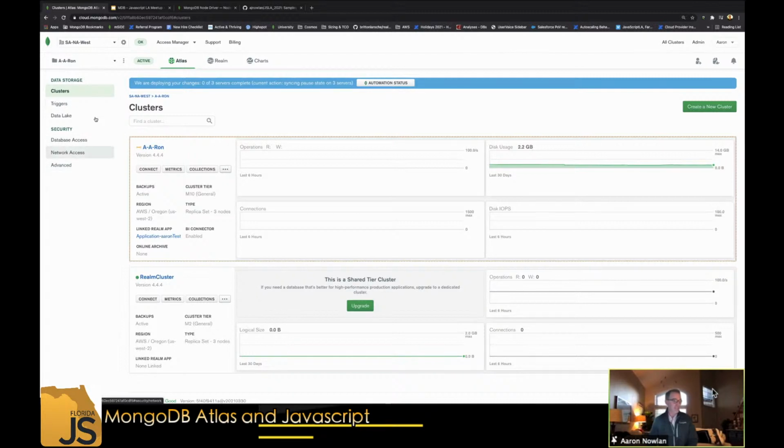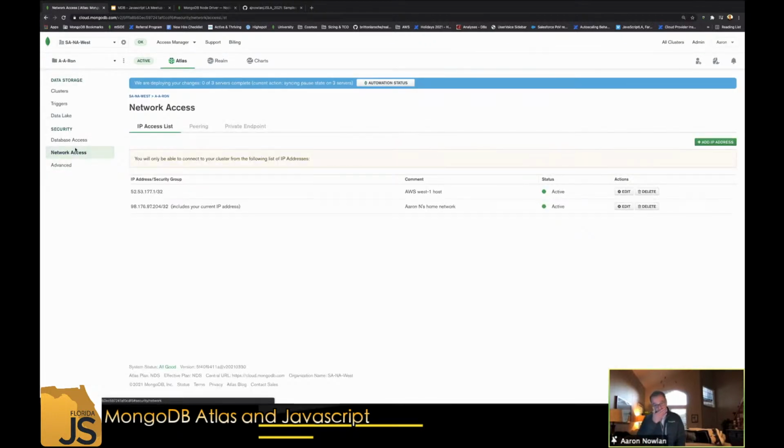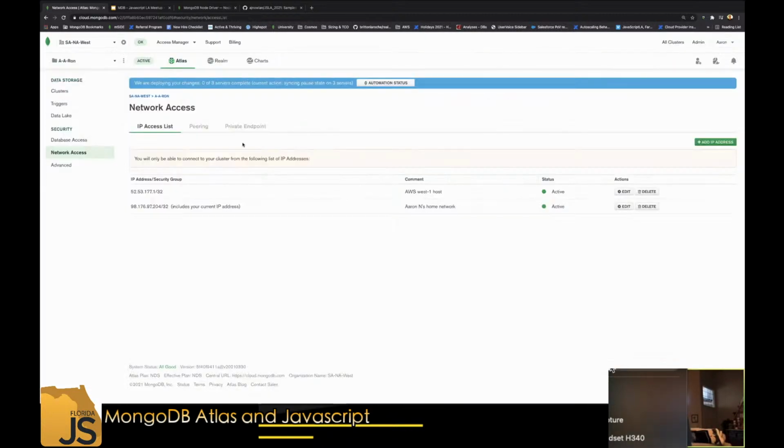On your left-hand side is really where you have a lot of the admin capabilities for the individual projects and clusters. So we'll start with network access. Here on your cluster, you'd want to come in and add an IP. You can either set it wide open, allowing really anyone to connect as long as they have a username and password, or you can identify, as you can see, I've allowed my individual IP, a /32 for this subnet here. I'm on Cox network at home. And so I've gone ahead and